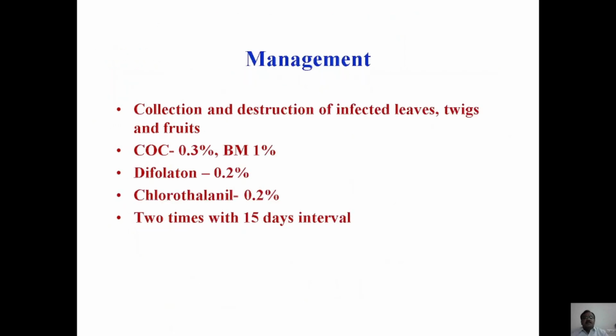To manage this disease, collect and completely destroy the infected leaves, twigs, as well as the fruits to reduce the inoculum density. In the standing crop, you have to apply copper oxychloride at the rate of 0.3% or Bordeaux mixture at the rate of 0.1%, or difolatan or chlorothalonil, etc. can be used for managing this disease. These chemicals may be applied 2 times at a fortnightly interval so that the disease is reduced in